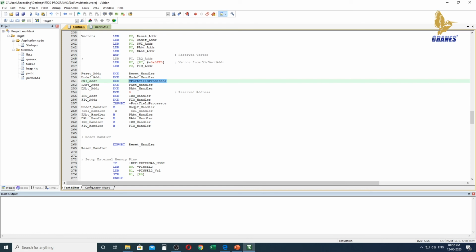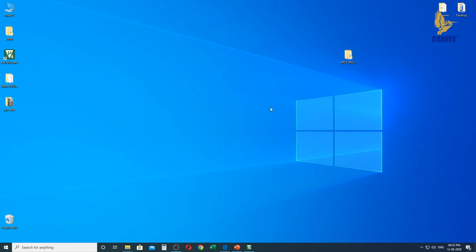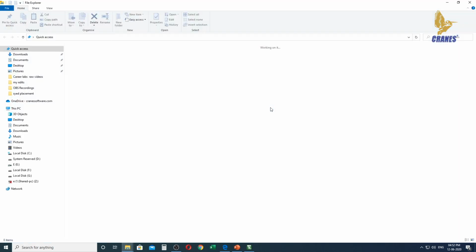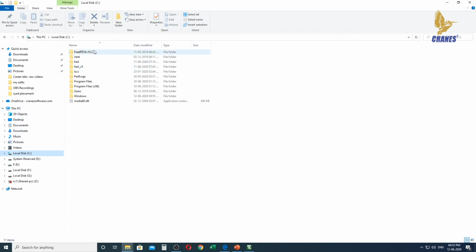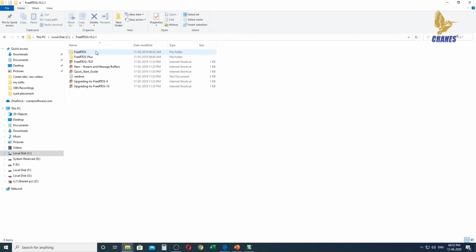We need to copy our FreeRTOSConfig.h from our demo directory and paste it here. If you want to do that, you can minimize your Keil MicroVision. You can open up Windows Explorer. Under that you can get back to your C drive. You can get into your FreeRTOS. This time you need to get into your